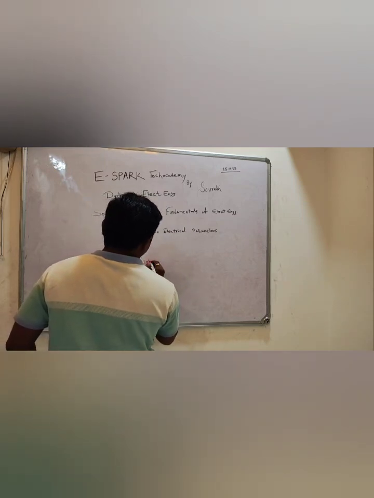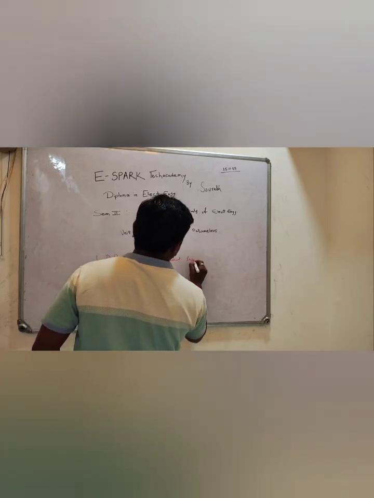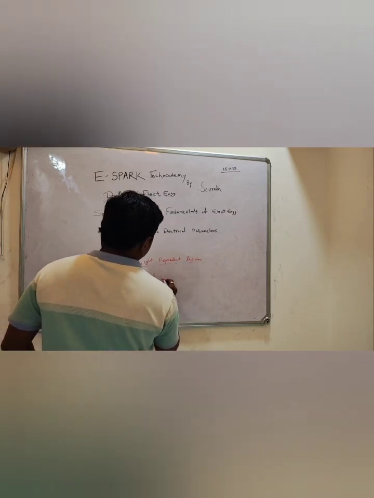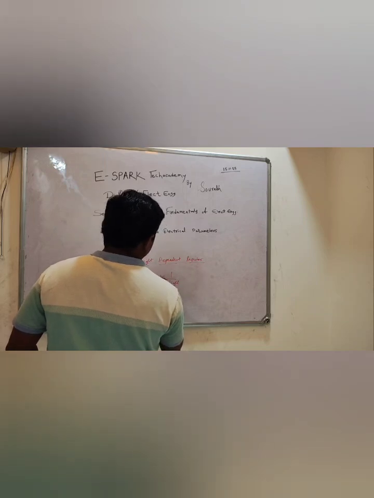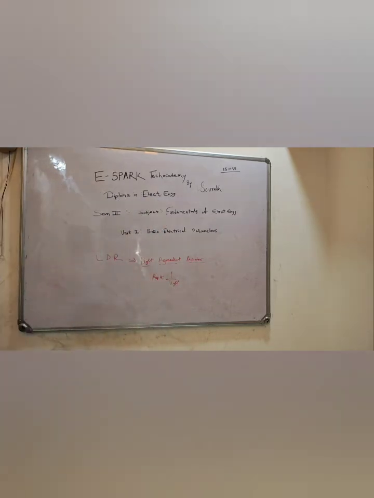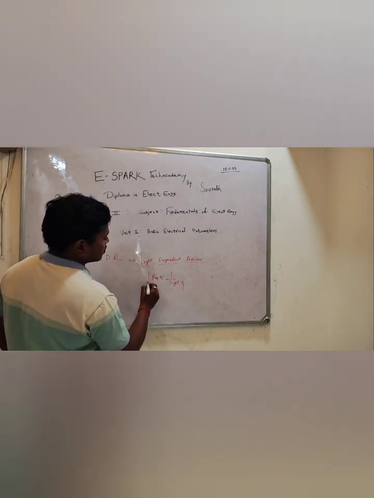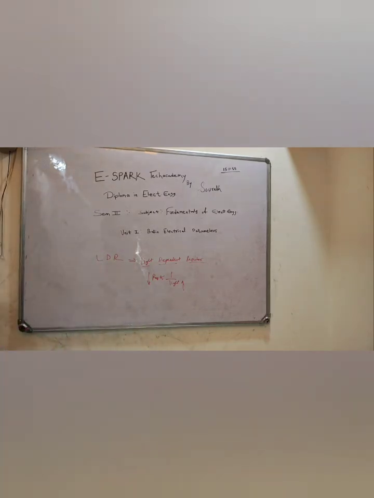In this, resistance is inversely proportional to light. You can say when your light increases, resistance decreases. This is one property of a light dependent resistor, which is heavily used in street lights, automatic lights,